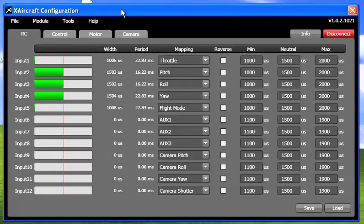Okay, so I want to show what's happening with the radio. You see that everything is working. Everything has been fine-tuned. I have set my limits 50 microseconds inside the limits because I suspected that this could be the problem, that I was going too far and the flight controller for some reason would just stop the motor. So now I'm going to start the motors and